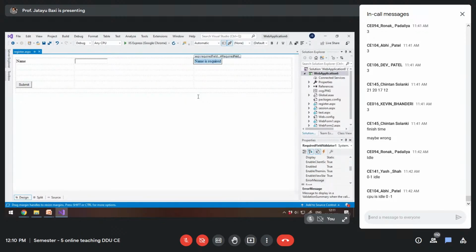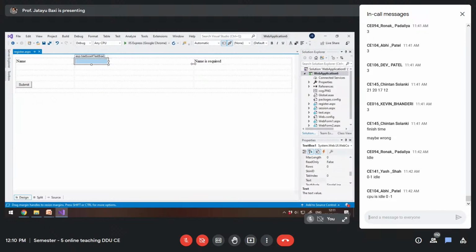So my text property is set. It says that name is required. Now this validator, I want to apply on which control? I want to apply on this control, that is text box 1. The name of the control on which I want to apply my validator is text box 1.